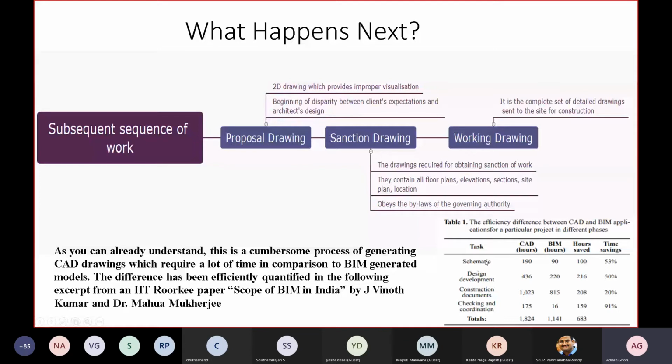You can see that for the different phases, CAD takes a certain number of hours, BIM takes a certain number of hours, and this is the amount of hours saved and the time savings. Generating CAD drawings is a cumbersome process which requires a lot of time in comparison to BIM generated models. The difference has been efficiently quantified in the following excerpt from the IIT Roorkee paper. So that is what I was talking about, the scope of BIM in India.